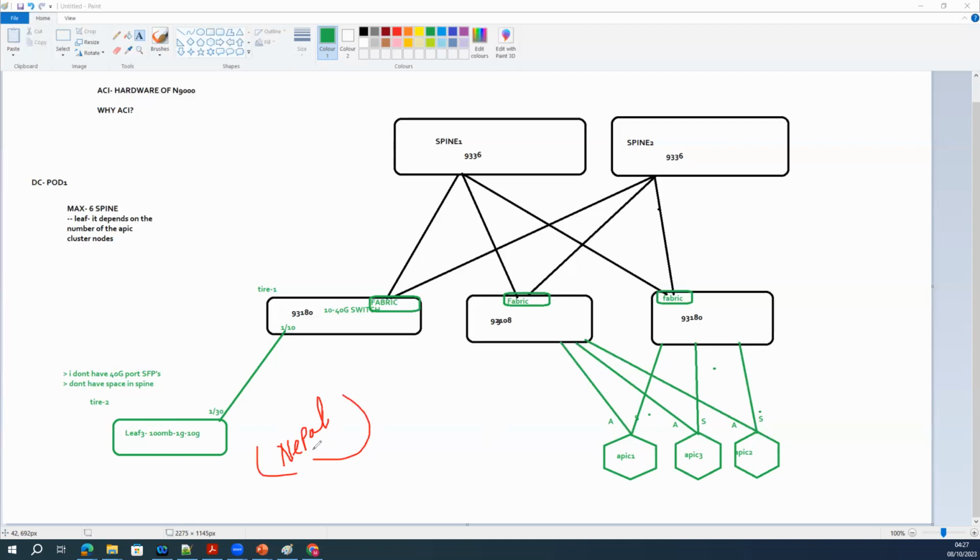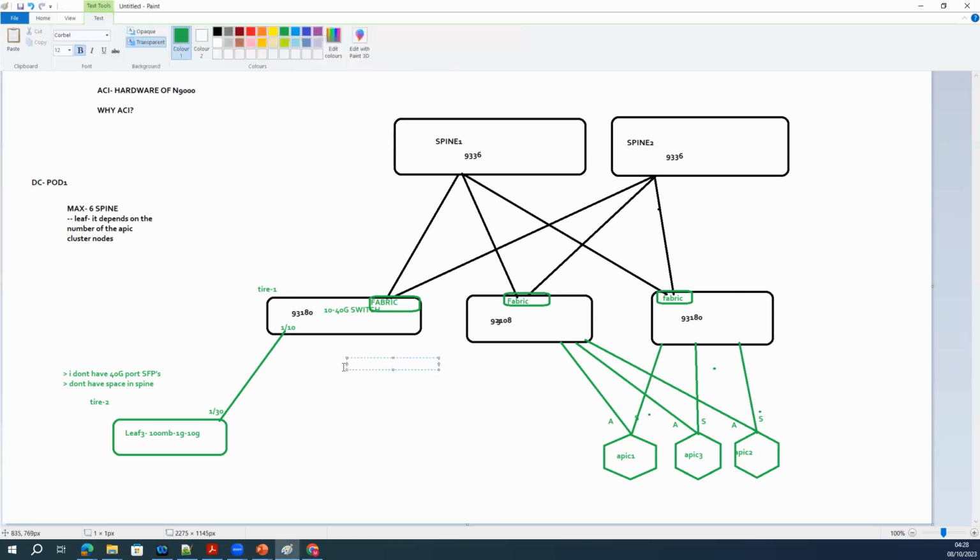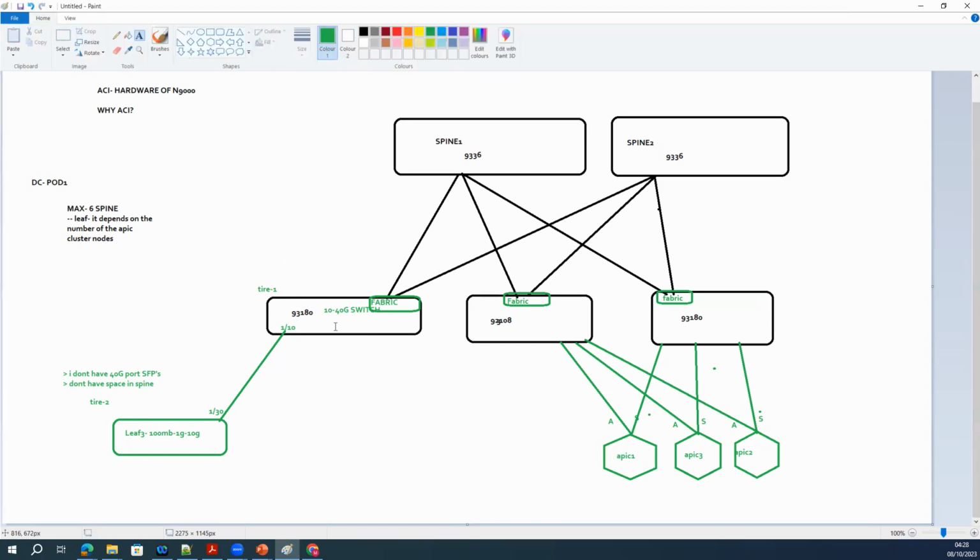I've seen that in Nepal, 90% of the customers are using this tier 1, tier 2 design. In case there is a requirement, suppose there's a faulty port, or there is an increase in the traffic towards the spine, and we need another port to connect to the spine. On the leaf switch, you cannot use any EPG port as a spine. However, you can use a fabric port as an EPG port. Otherwise, it's possible.